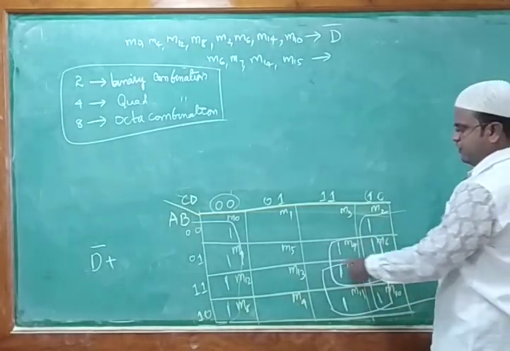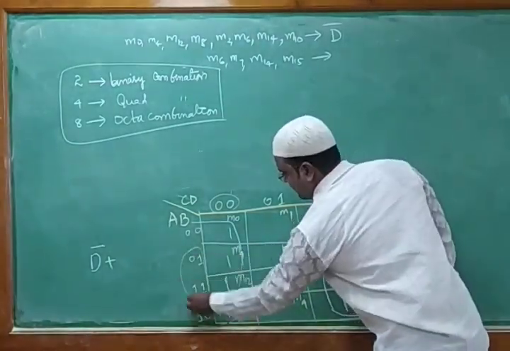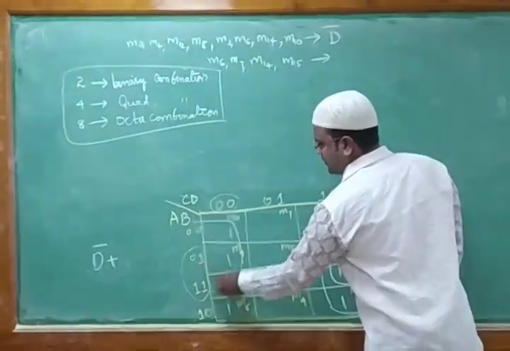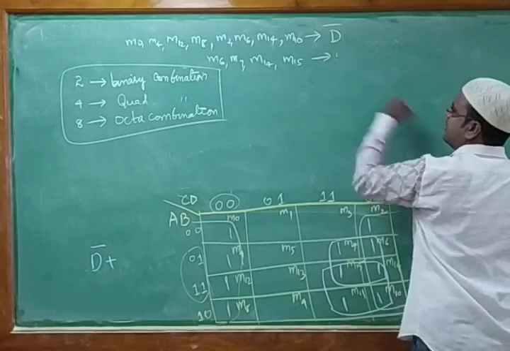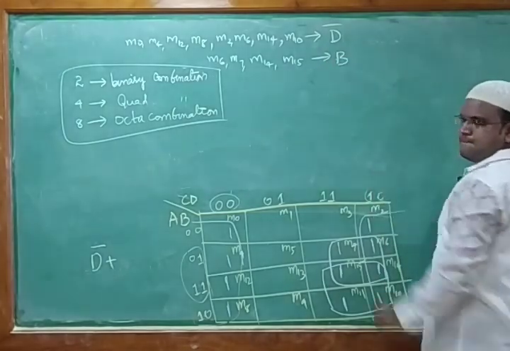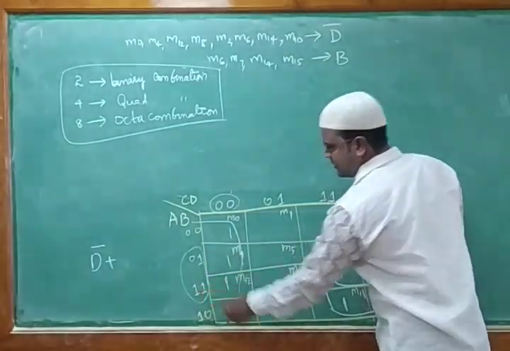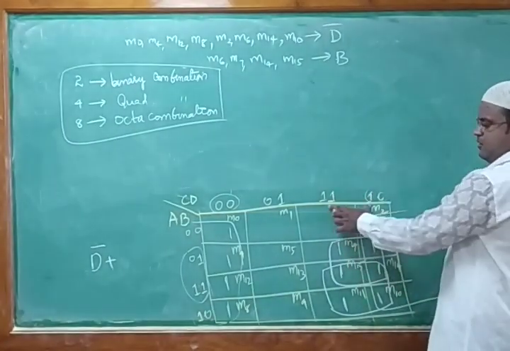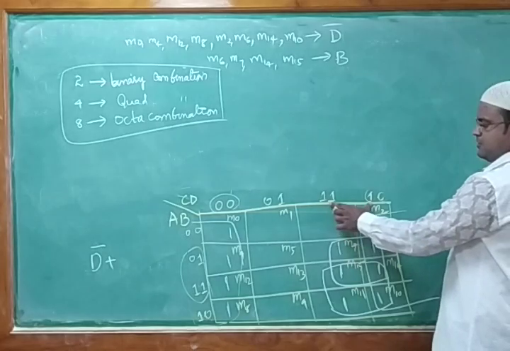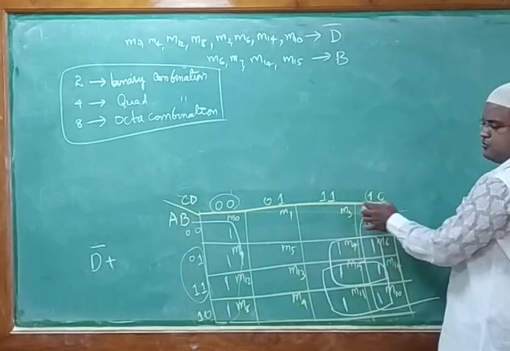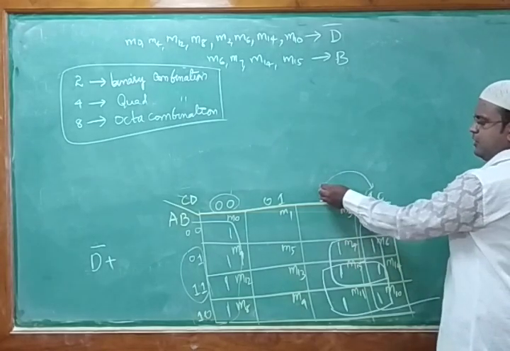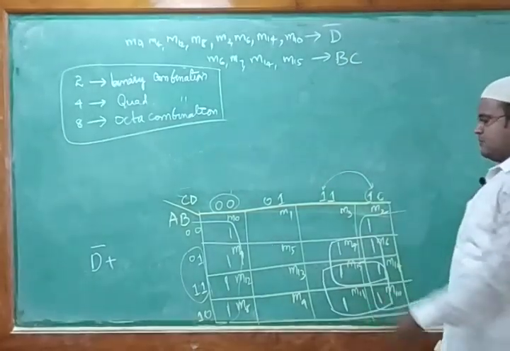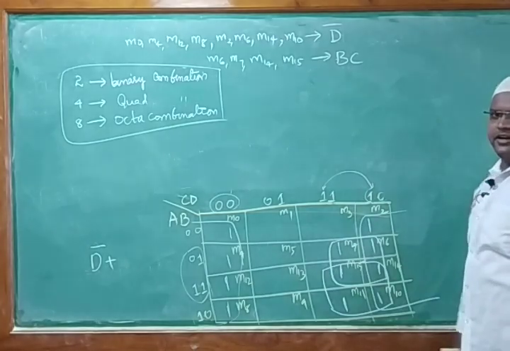So first thing we need to go for this row wise. This one we'll see. Do we have anything common? Yes, B is common. So B is common, that means B is 1, so I can write it as B. A is changing, it's 0 here, A is 1 here, so we'll not write it. Similarly, if you see this one vertical way, what is common? 1, 1 here, 1, 0. C is 1 on both sides. So we can write it as BC. D is changing, 1, 0, so we'll not write that.